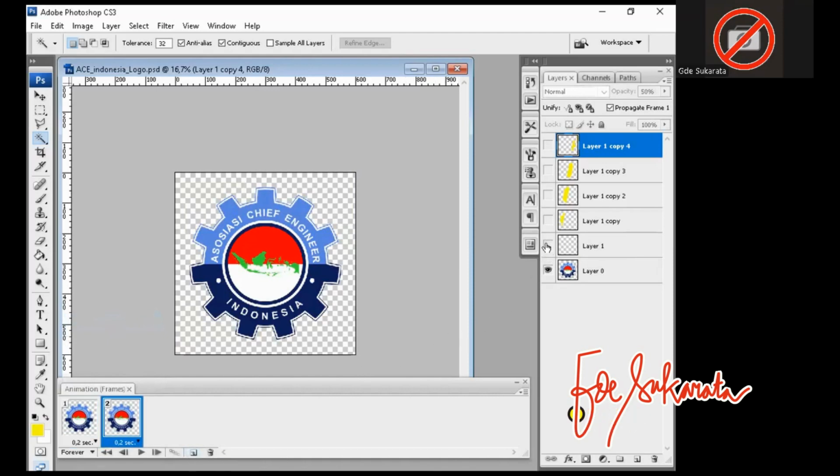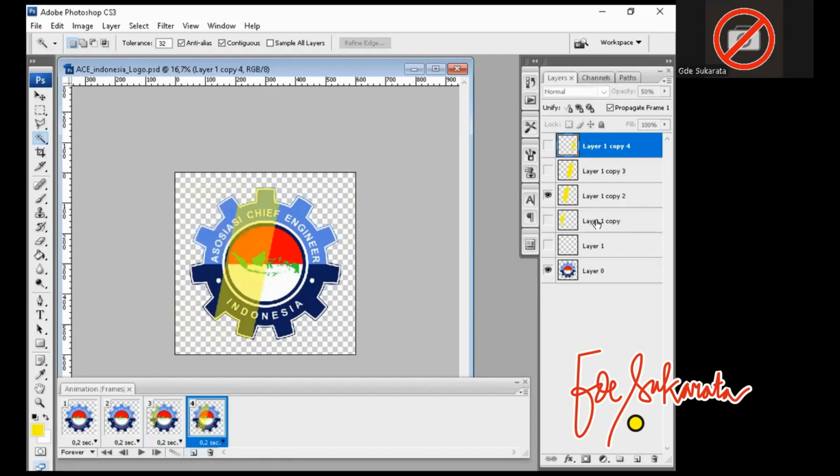Now I want to duplicate selected frame and choose this layer. Create duplicate selected frame again. Unhide this layer. Okay, duplicate.